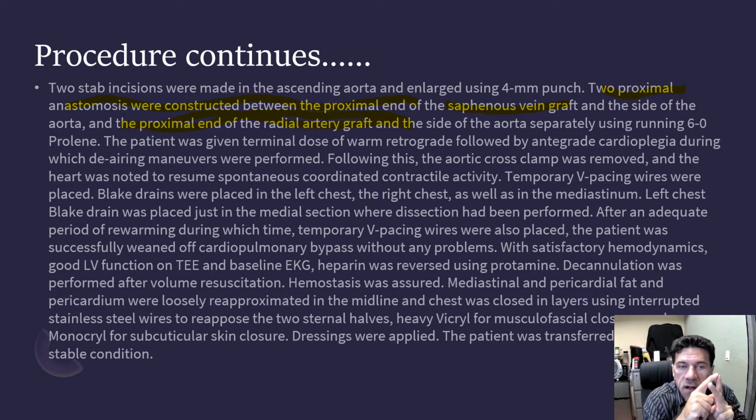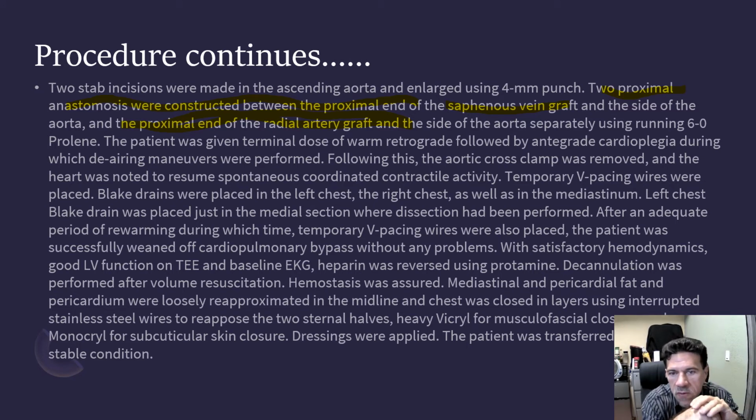We have the qualifier, which is the aorta, and we already have the anastomosis of the radial artery and the saphenous vein graft. All right. The patient was given the terminal dose of one retrograde followed by the antegrade cardioplegia, during which the drain